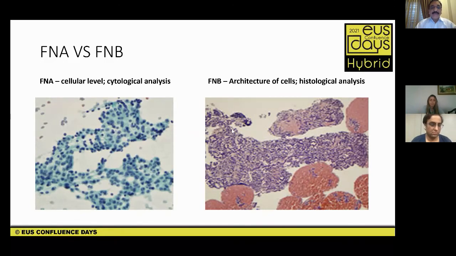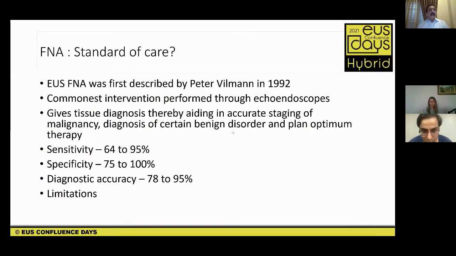And hence, we have to have the idea of both the procedures, techniques, and what are the drawbacks currently available. FNA was first described by Peter Willman in 1992, and it has become the commonest intervention performed through echoendoscope. It has replaced CT scans and other interventions in certain areas where it has made life easy for all the clinicians to get the accurate staging of malignancies, diagnosis of benign disorders to plan the optimum therapy. However, it is still not completely 100% sensitive and specific. Diagnostic accuracy ranges between 80 to 90%,